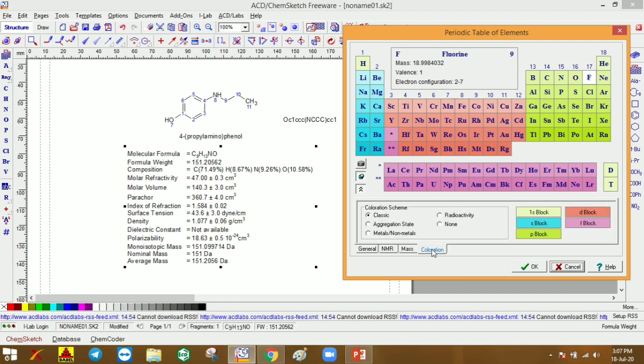Mass it is representing, and color also. It comes under the P block, and this yellow color indicates the P block. So the complete periodic table of elements we can clearly observe in this window. Complete information, and for beginners it will be more helpful. Each element's information you can get in this ChemSketch software.